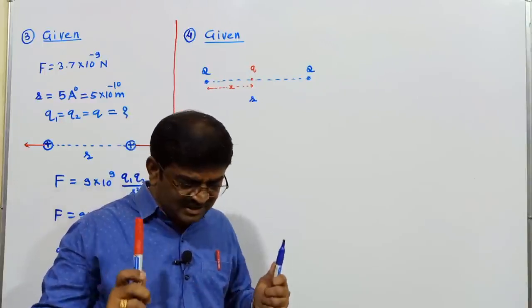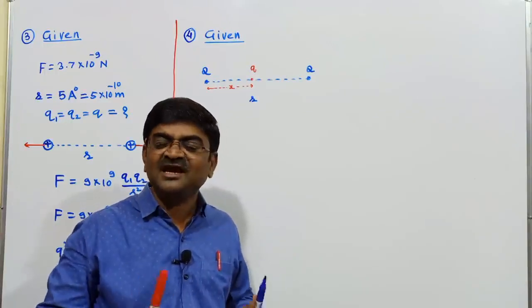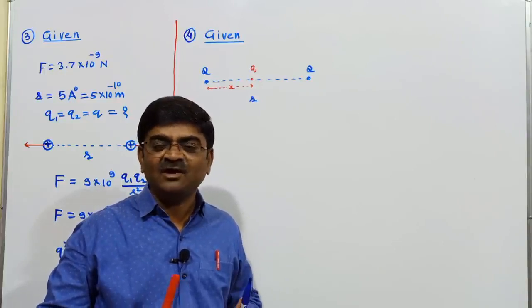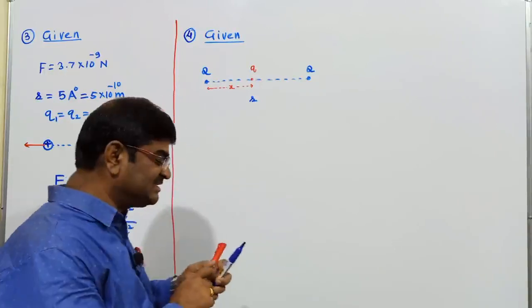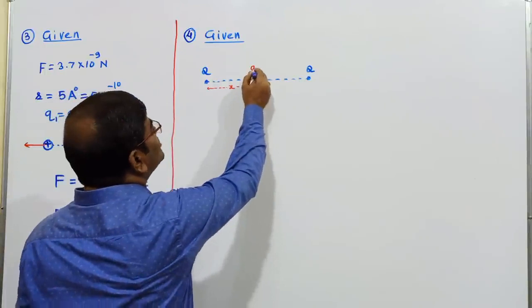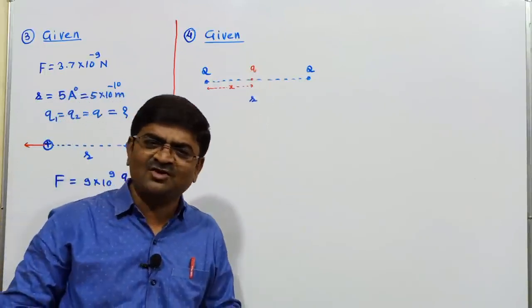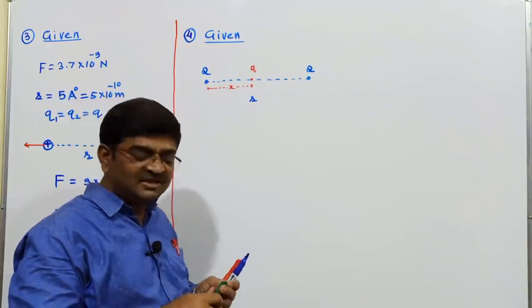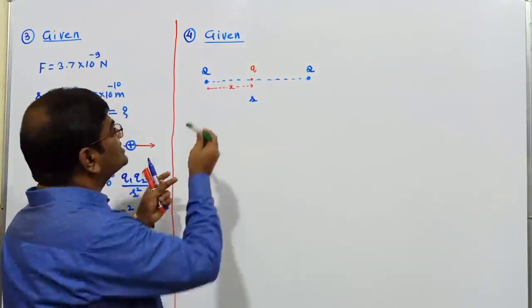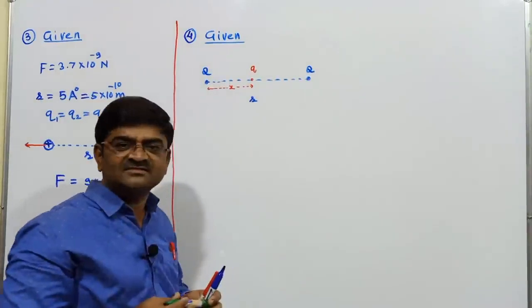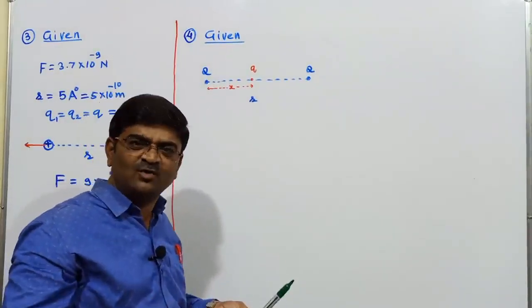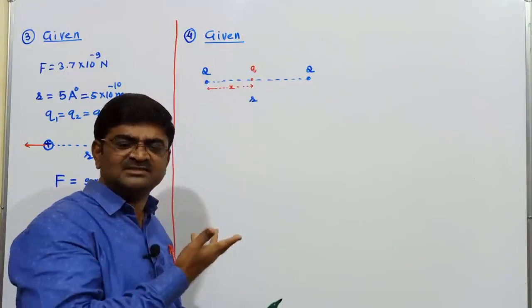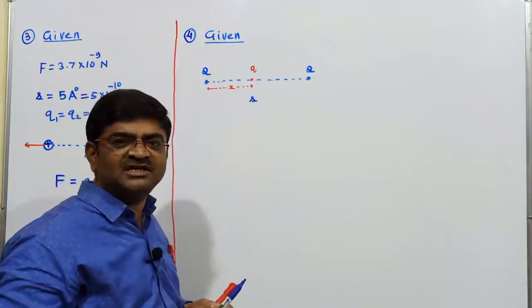Now once I understand that everybody is experiencing how many forces? 2. Say for example, I don't know what is the nature of this, whether it is positive or negative. But I am given that these 2 charges are like charges. Q. Nothing is mentioned, no plus. If it was minus Q, they would have said.